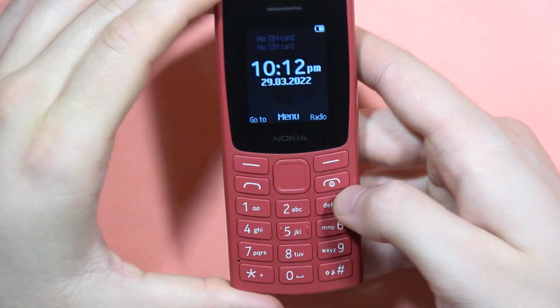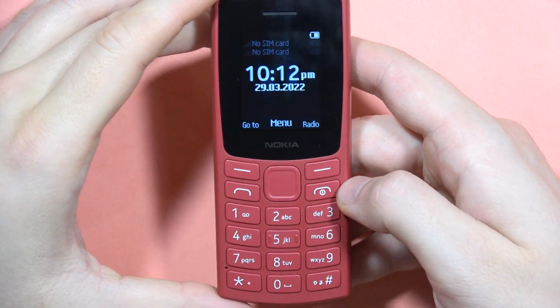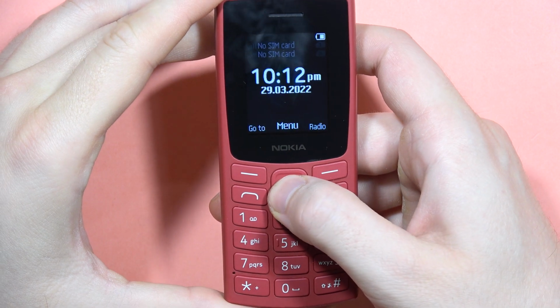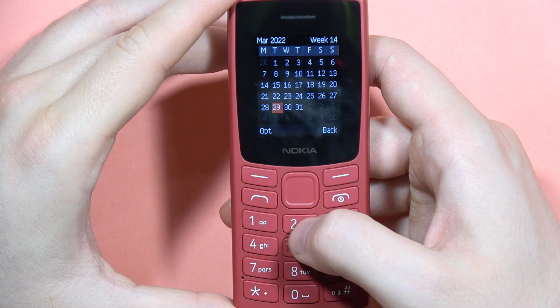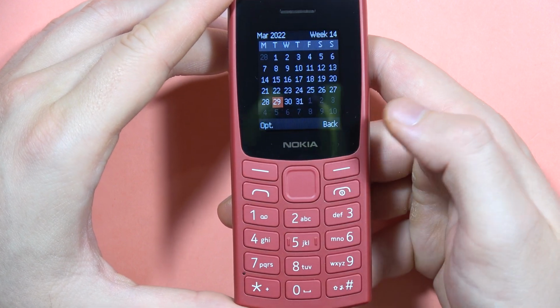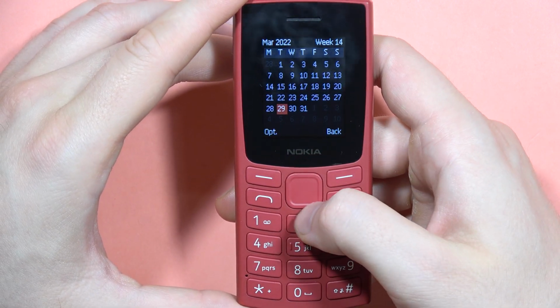Hey, to create a reminder in your calendar on Nokia 105 from 2023, first of all go into the menu. From here you will have to navigate into your calendar, open it, and now let's pick the date that you actually want to create